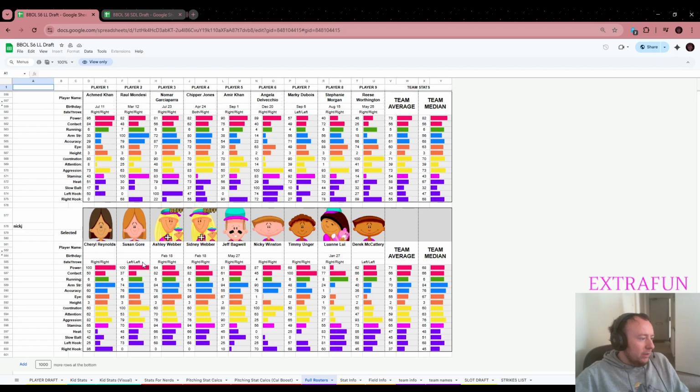So, Susan, Cheryl, the Webbers, solid defence, loads of arm. Jeff, loads of arm. You have to put Nikki at catcher here, I think. I think Jeff's too useful in the field. Sydney, well, both the Webbers are far too useful in the field. Susan, I mean, you're not going to put Susan at catcher anyway with 74 arm, but it's plenty of arm. It's enough arm that you could put Susan